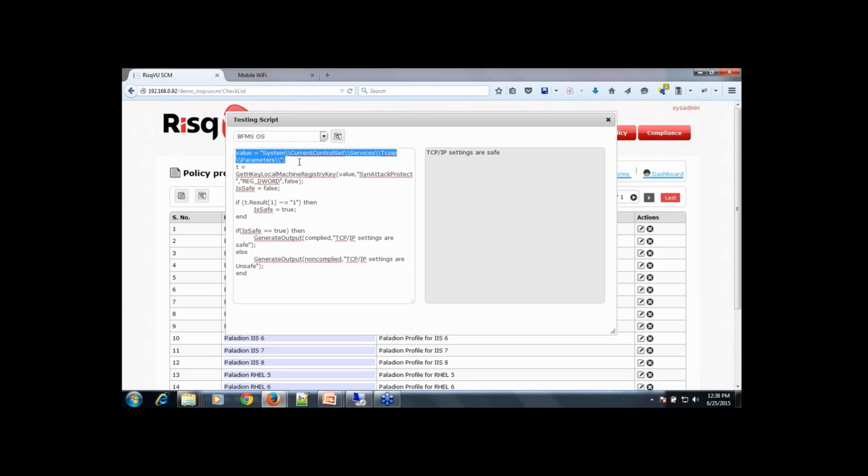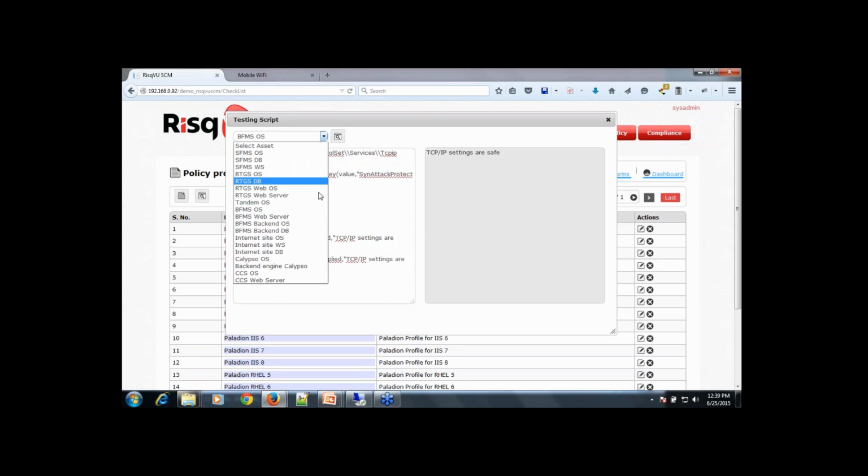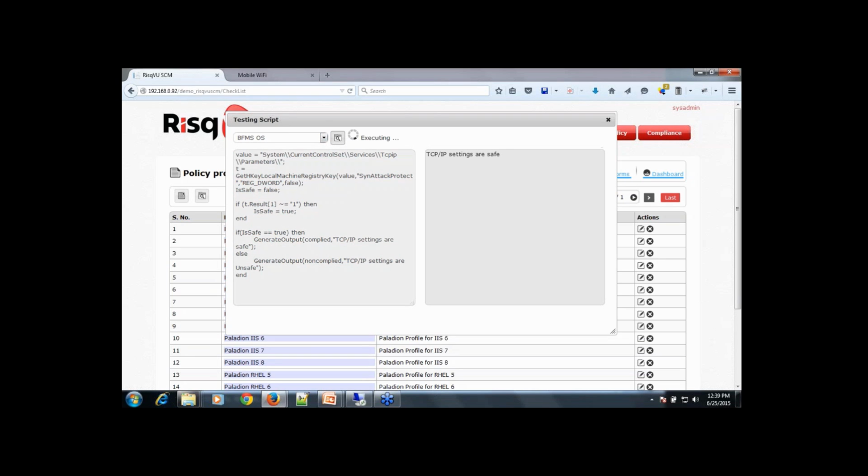I just take this value over here and I've written the script, and now this script has to be tested. So you can select a target asset. I'm just selecting a target asset and saying run, and the script is under execution.